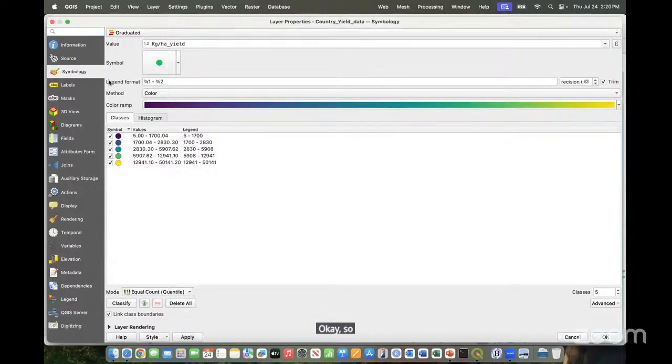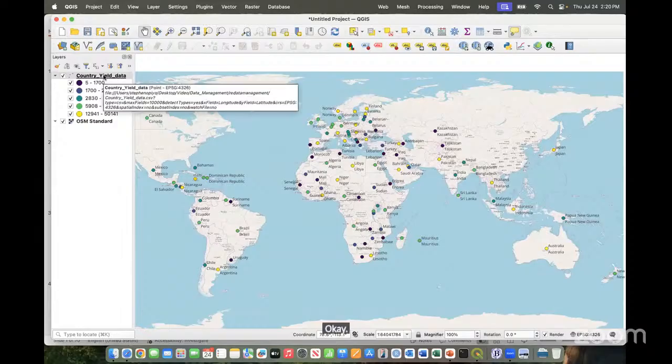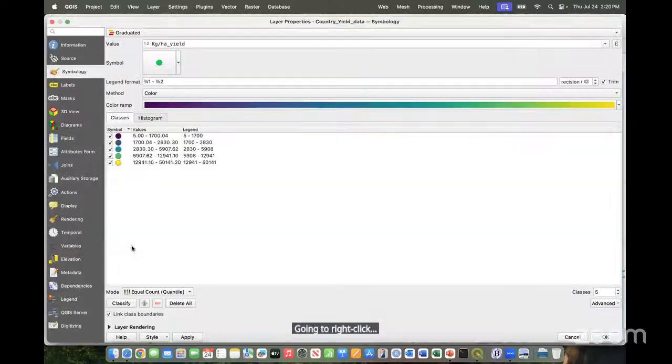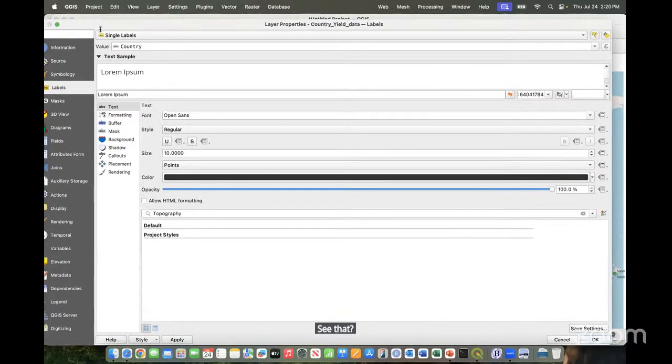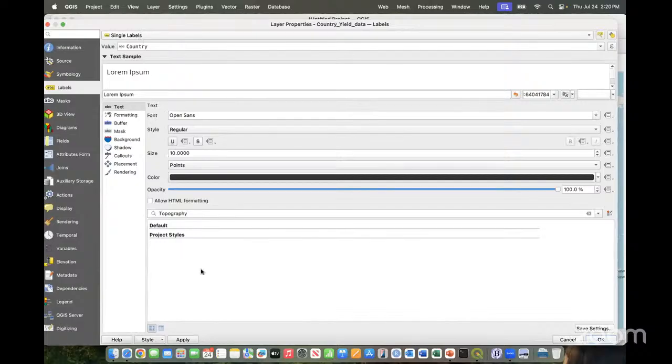Okay, so let me start from the beginning, okay? So we're going to go to our layer, right click, properties, and labels. See that? And our value is country. That's what we would like to label with. Our value is what? Is country. Country should be here, and then you apply here